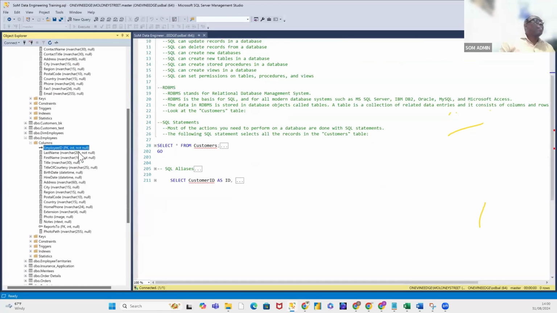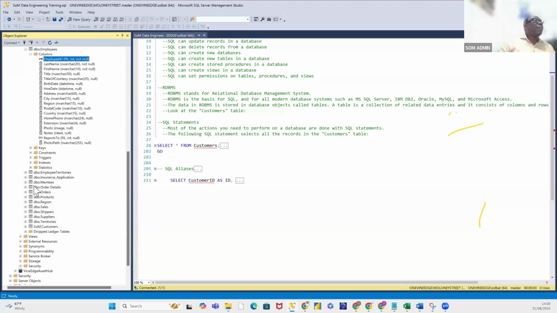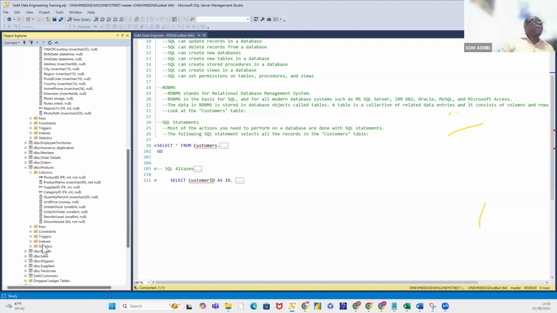The next one is the products table. That's my products table. And you can see here, I have the primary key here. I have the supplier ID and I have the,